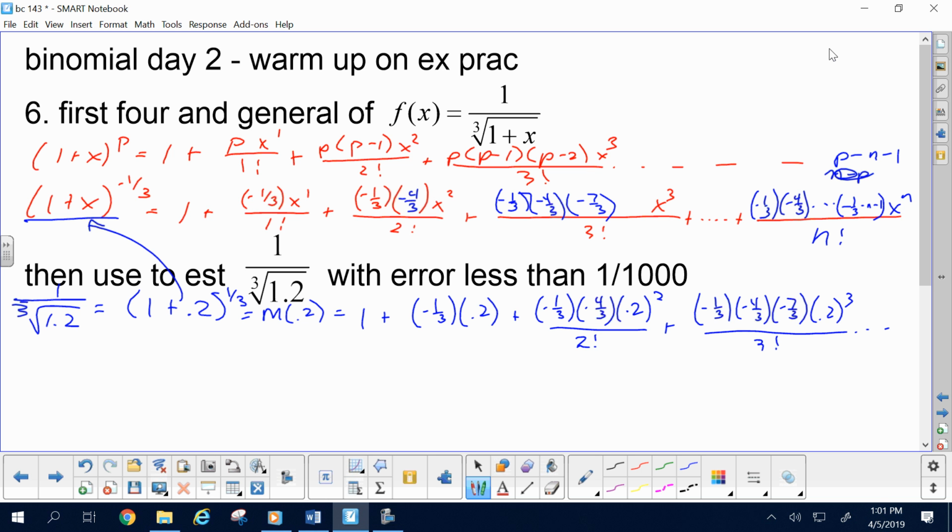Okay, so we're cool. Now, the idea then is we need to say, okay, that's how I'm going to estimate it. Now we need to figure out, all right, how many terms am I going to need to get the precision they're demanding? In this case, they're demanding precision of an error less than 1,000. So, first of all, we say, is this an error-bound kind of case? Is it? Yeah, we'll prove that later. But it is. And so now we need to actually find these terms individually, and probably store them for posterity. So would you get out your calculator